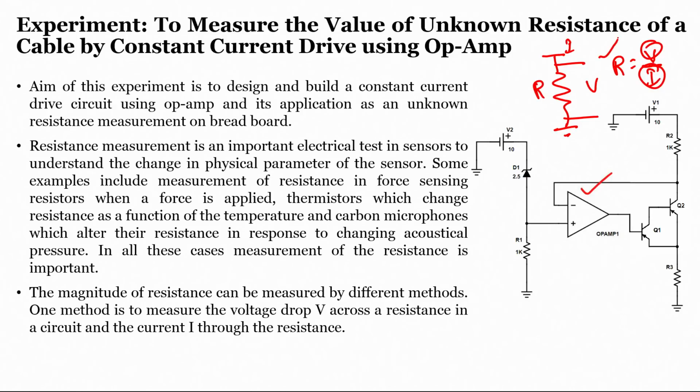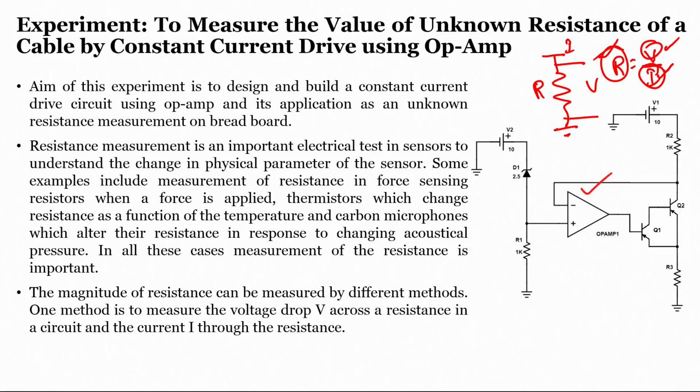But the problem is that getting a constant current source is really difficult, and even providing a constant voltage source is also really difficult, and those are expensive too. Any fluctuation in the voltage or in the current from the current source results in a change in the resistance value. As a result, the accuracy of the resistance measurement entirely depends upon the I value. In order to avoid these problems, we know there are other ways of doing it, by using a Wheatstone bridge circuit or a voltage divider circuit.